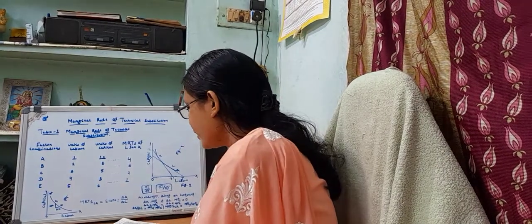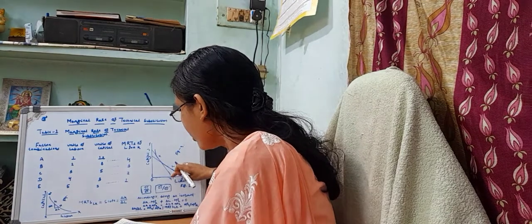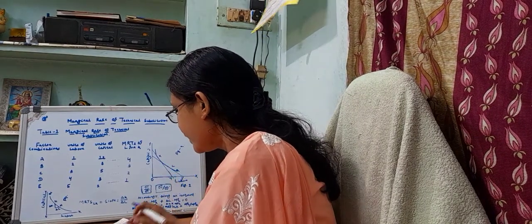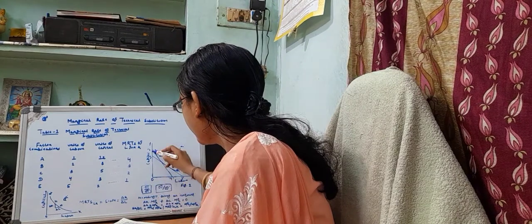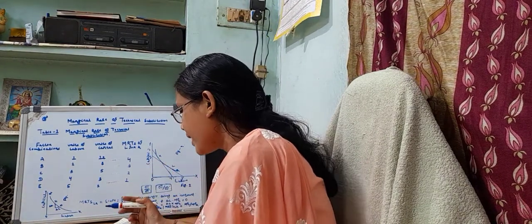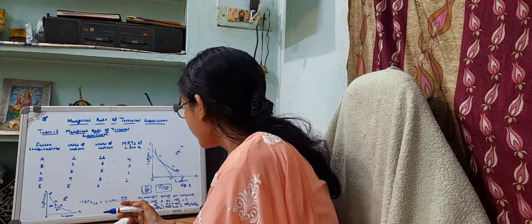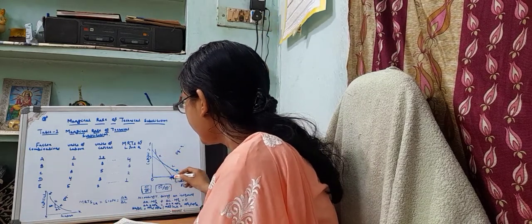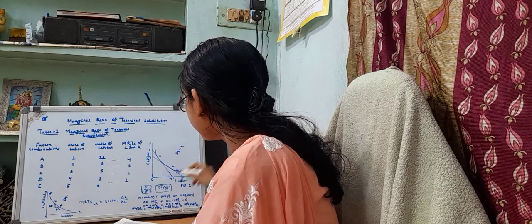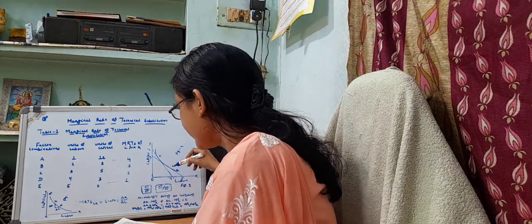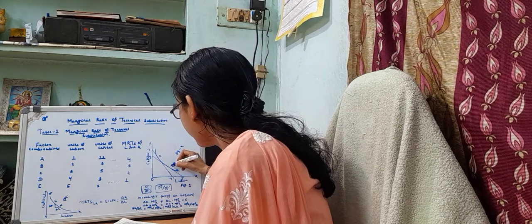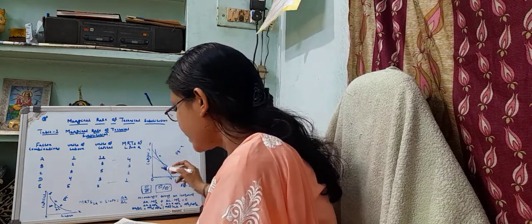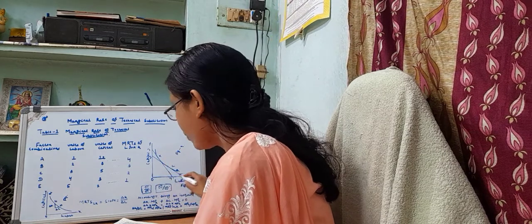In figure 2, the tangent TT' is drawn at point K on the given equal product curve Q. The slope of the tangent TT' is equal to OT divided by OT'. Therefore, the marginal rate of technical substitution at point K on the equal product curve Q is equal to OT divided by OT'. JJ' is the tangent at point L on the isoquant Q. Then this slope is equal to OJ divided by OJ'.